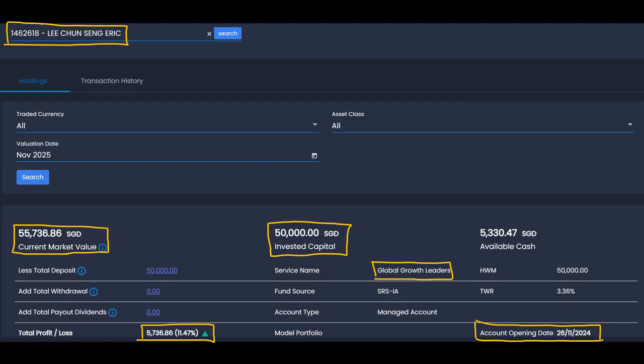To date, the 50,000 has grown to 55,700 plus, thereby chalking up an almost annualized return, because now it's November already, of 11.4%. And I think just to note that this 11.4% is net of